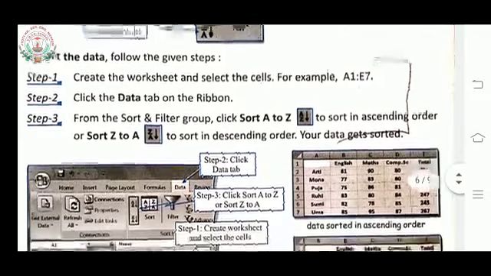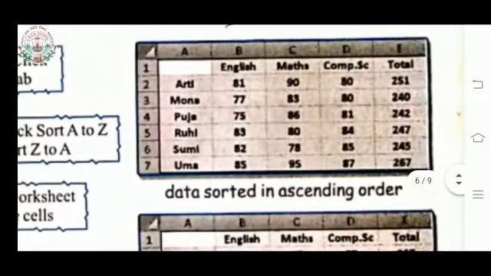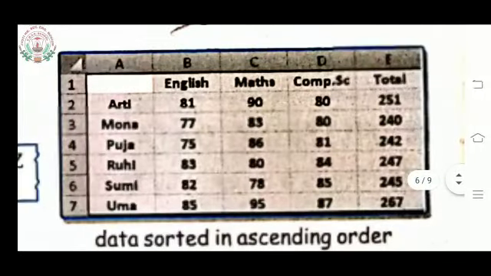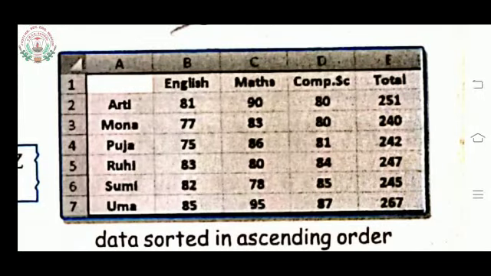This is given here in this example. You can see this box, this worksheet. In the first column A, names of the students are written, then B, C, D, E names of the subjects, and then in B2, C2 and so on the marks are filled.